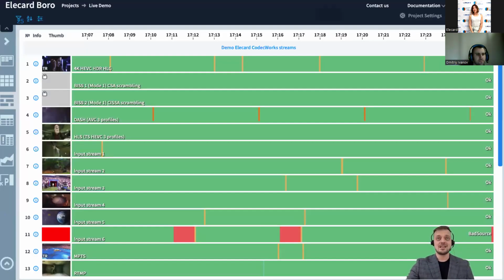Now, let's take a quick look at Boro itself. When you register a trial account and you use Boro, this is the first screen you're going to see. This is called Live View. Essentially, you can see that from left to right, the probes and signals are showing the information that they receive. Of course, this is just a snapshot, but in reality, if you go to our website, which is in the chat description, you can take a look at the live demo and see the same information. So Live View shows all the streams that you have, and it scrolls from right to left.